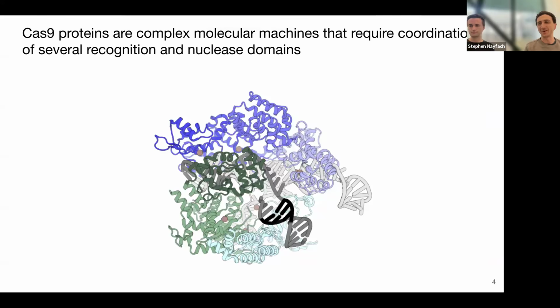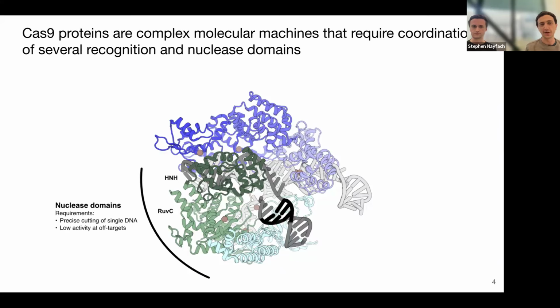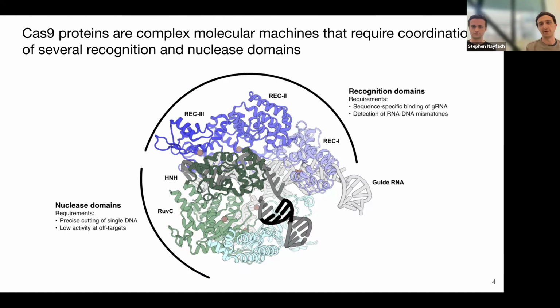Yeah, so you didn't see the previous slides, but Cas9 can be utilized in several different genome editing platforms. Cas9 is a really complex protein with multiple domains that all require functional coordination. So Cas9 has two nuclease domains, the HNH and RuvC, which are both required in nicking either the target or non-target strand of DNA. Cas9 also has several recognition domains that are involved in sequence-specific binding of the guide RNA